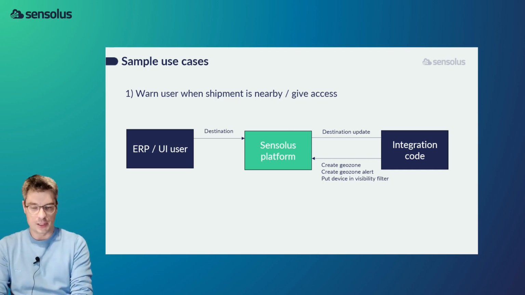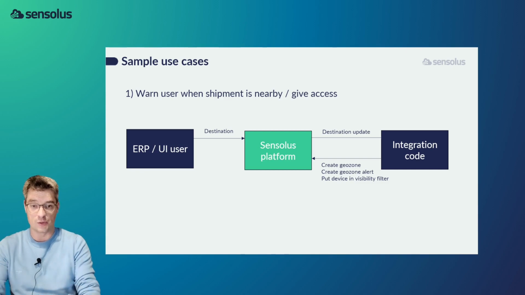Now, let me just explain big picture which flow is happening. So the ERP system is through an API call informing the Sensolus platform what's the destination of the shipment. Now that destination is again forwarded to a little piece of integration code which, based on that destination information, will generate on the fly a geozone and a geozone insight alert to notify the end user when the asset is